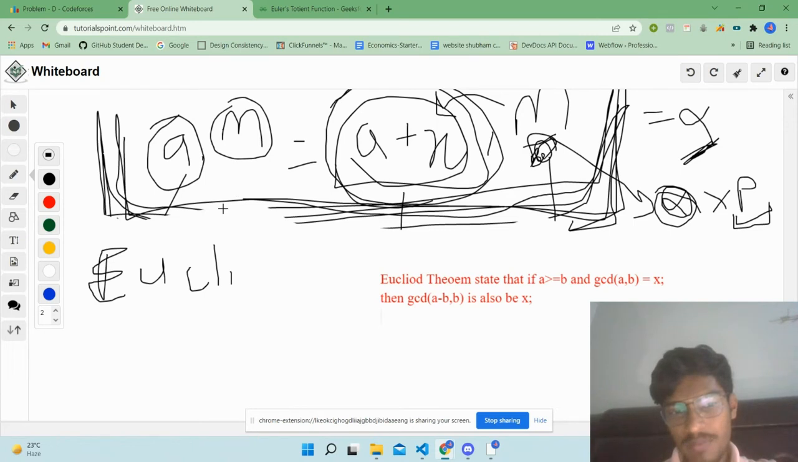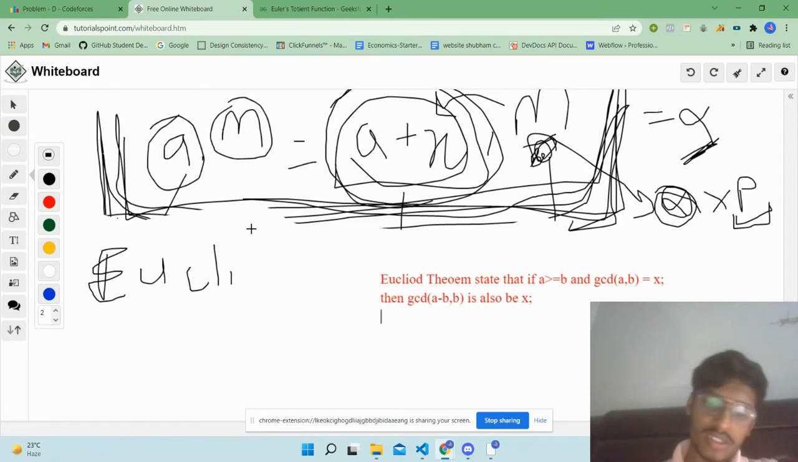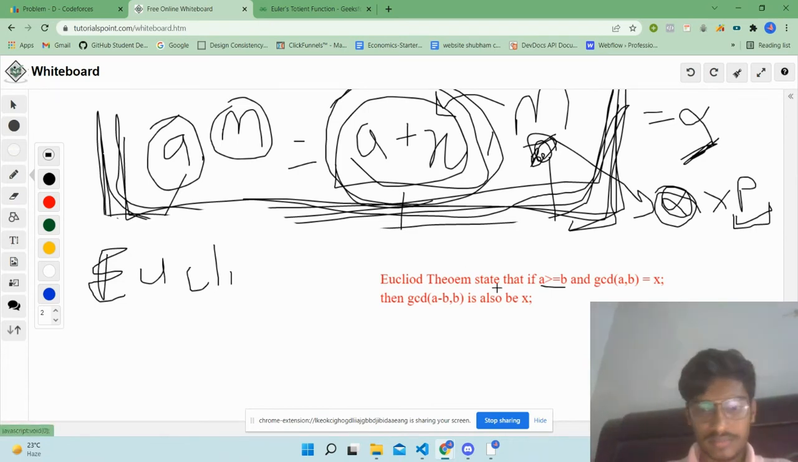Now again, if A minus m is greater than or equal to m, you can subtract m again, so now it becomes A minus 2m, and so on. You can go on subtracting m from this first term until the point this condition doesn't hold. So eventually what we will get is,